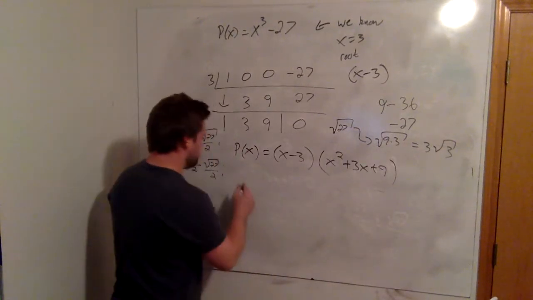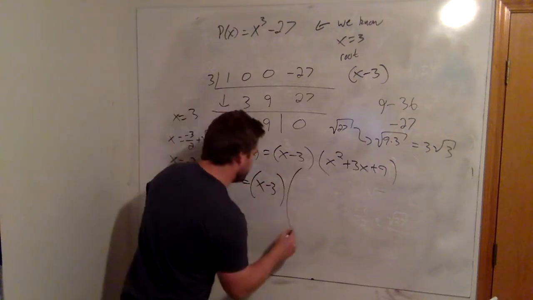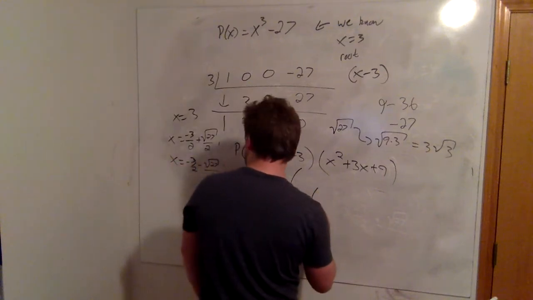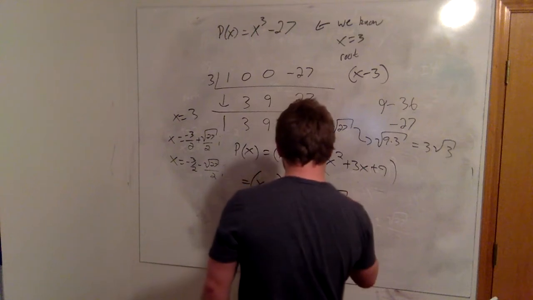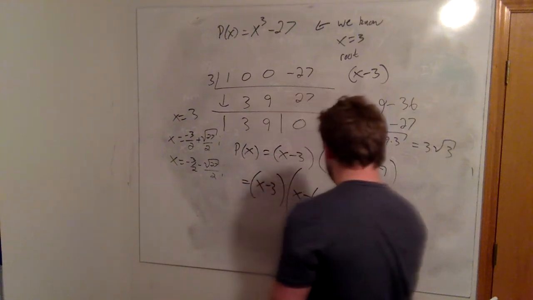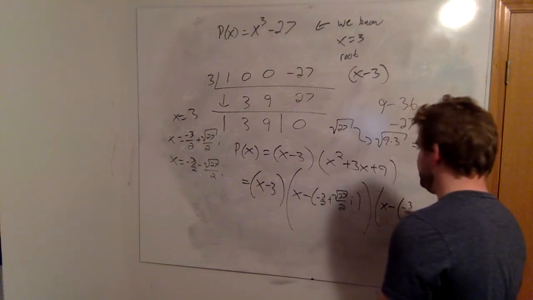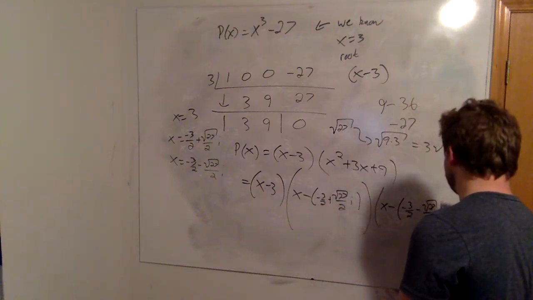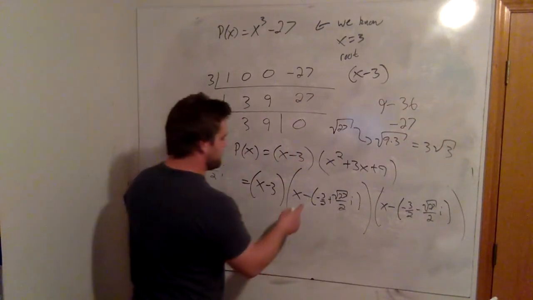So this will factor to x minus 3. Okay, then we're going to get an x minus a negative 3 halves plus the square root of 27 over 2i. And the other factor is going to be x minus a negative 3 halves minus the square root of 27 over 2i. Okay, I'm fine with you leaving your answer like this, but it's very common that the book will distribute